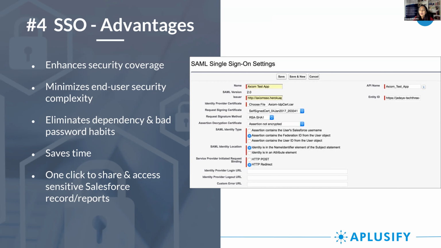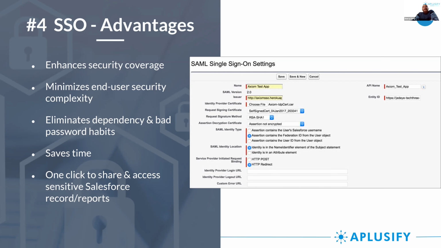The next question is, if we use single sign-on settings, is there a way to know who is making the changes to the data, or will all the changes be generic? Yes, we can do that. That is what I said. If you are using single sign-on, you can know and keep an audit. If user X has logged into the system, that same user ID and password is reflected across all the systems he has logged into, because he does not have to enter a new login ID and password.